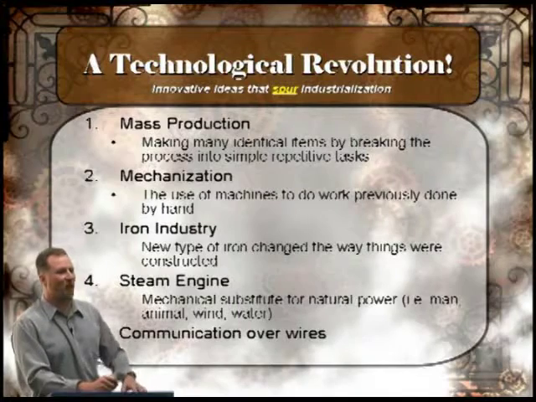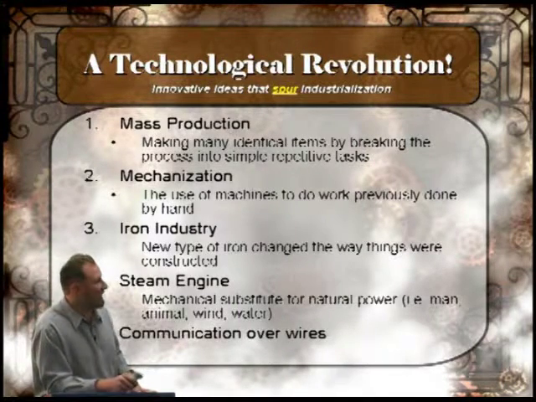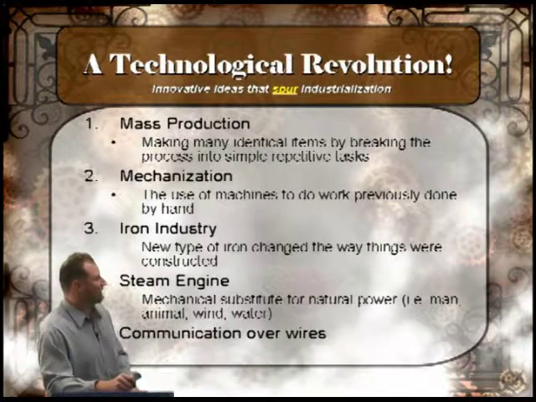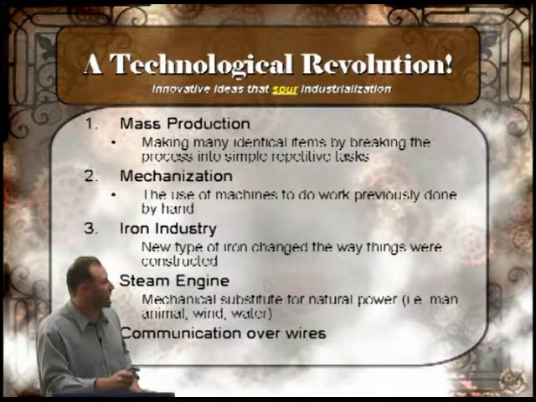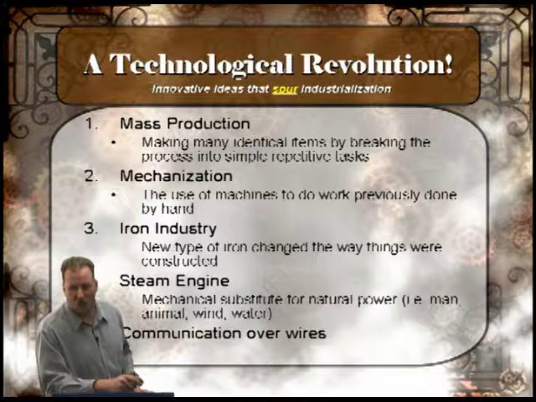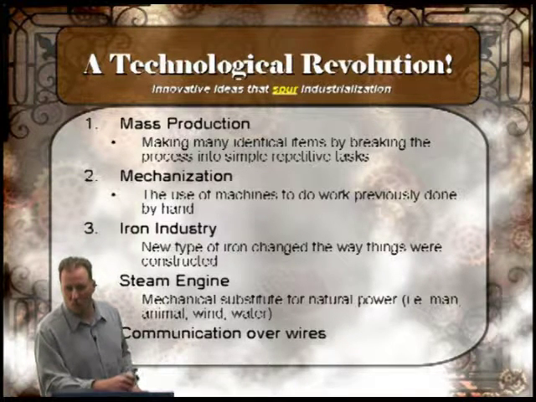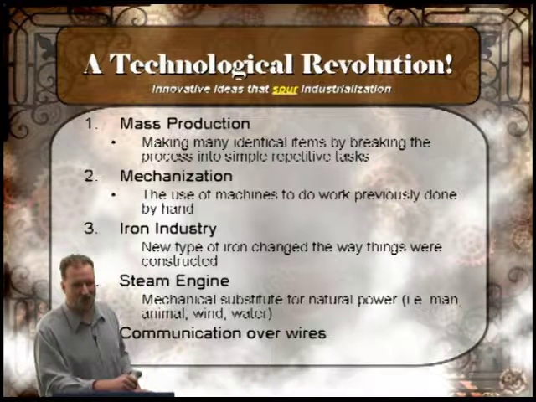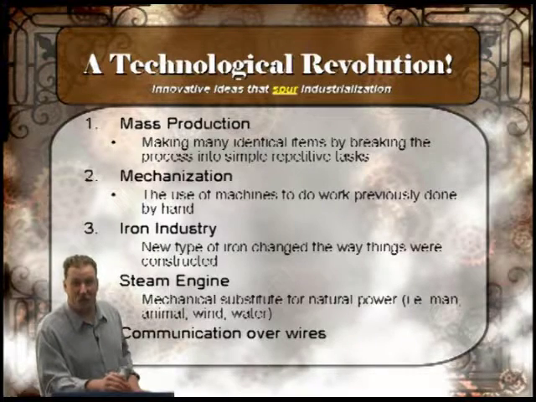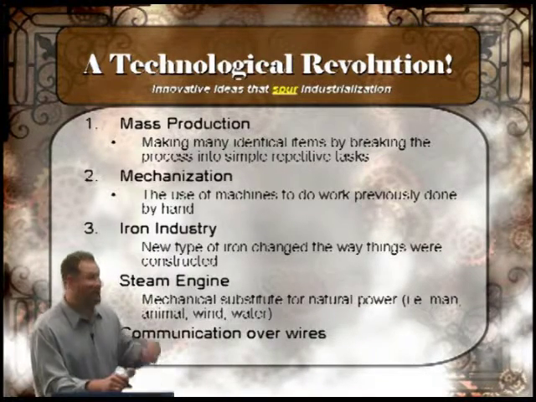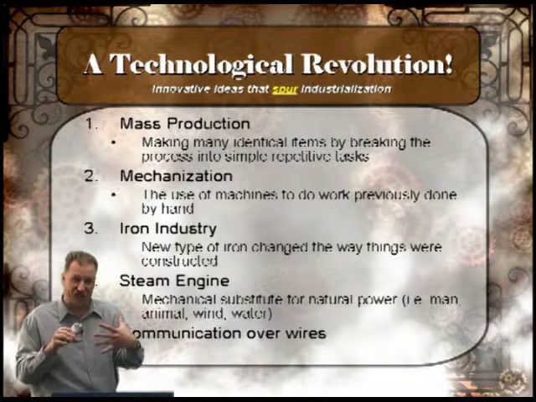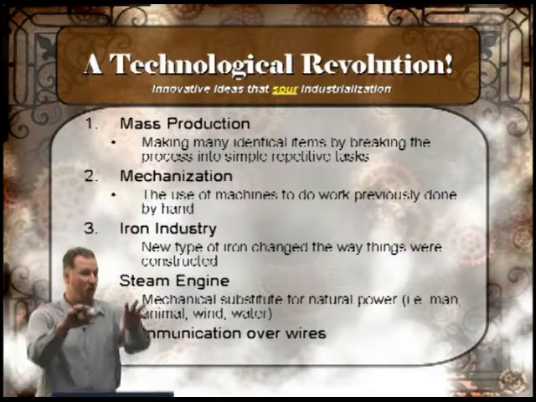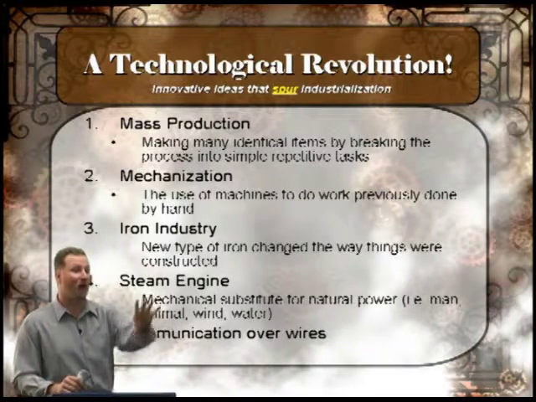All right. Now, your book, that lovely book that you have, they broke this technical revolution into 5 things that, and I highlighted the word there, spurred industrialization, okay? What do you think I mean by spur? When you're riding a horse and you give it the spur, what does it do? It's already going, isn't it? It's going to motivate it to go a little bit more, right? It's going to go faster. These 5 things are going to spur the beginning of industrialization along. Kick it in the haunches and boom, here we go, okay?